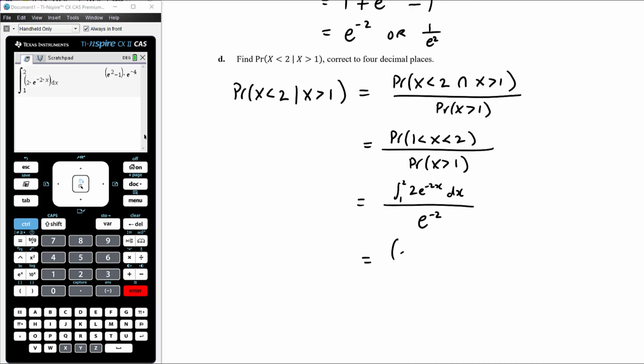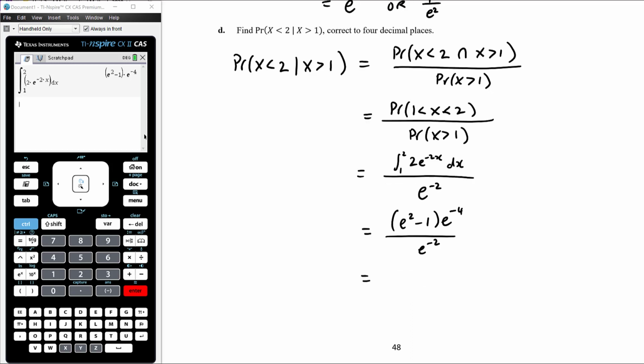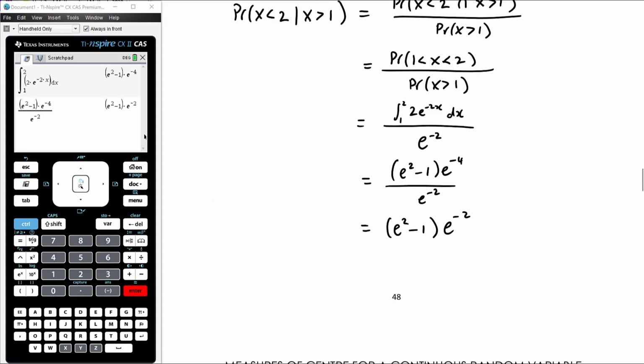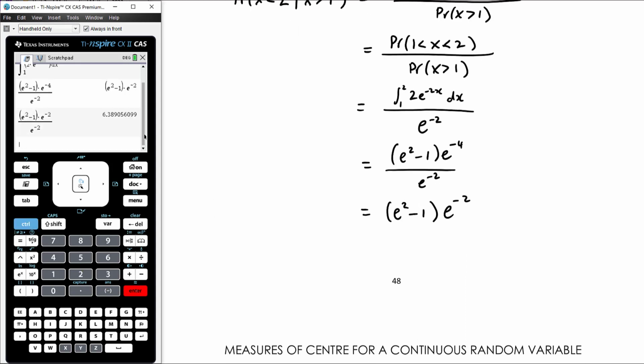Okay, so it's going to be e squared minus 1 times e to the negative 4 over e to the negative 2. You could subtract powers if you want there, negative 4 minus negative 2. So it's actually just going to be e squared minus 1 e to the negative 2. But we don't really need to worry about the exact values because we do just want a decimal to 4 decimal places. So we could have just straight away gone to the decimal up here. So